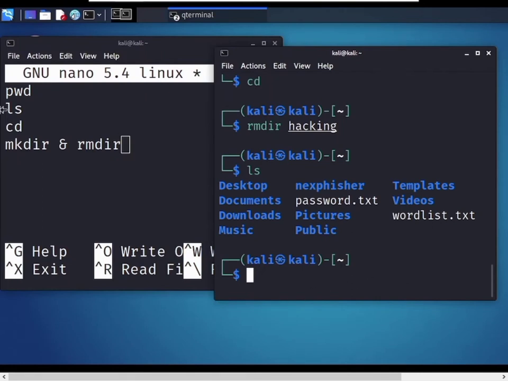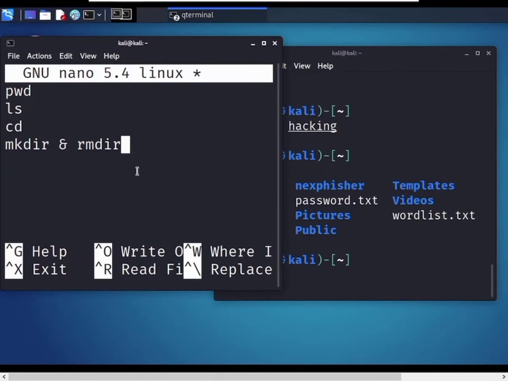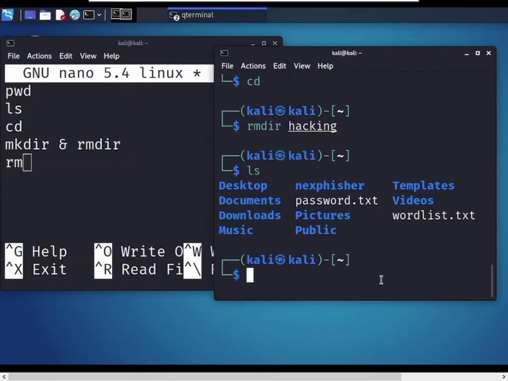Now let's move to the next command. The next command is rm. Use the rm command to delete files and directories. So now how to use the rm command? Now I want to delete the wordlist.txt file.